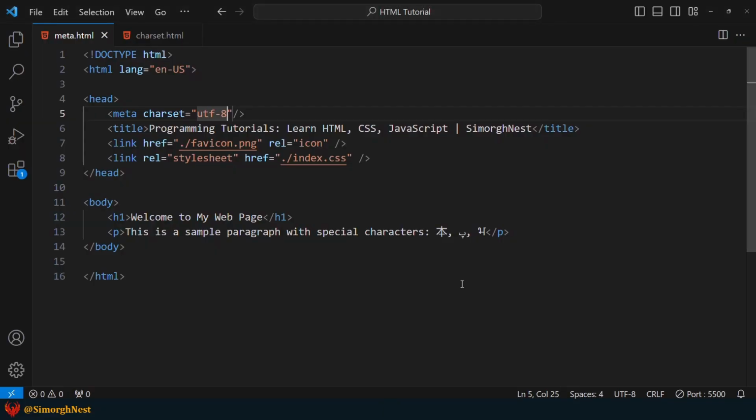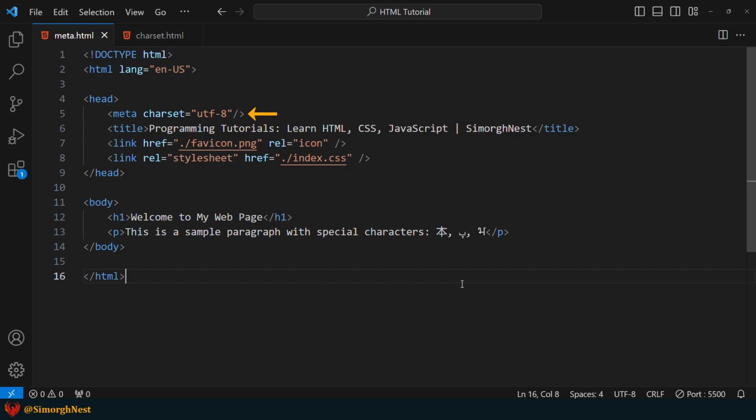You should know that, by default, HTML5 uses UTF-8 for character encoding. This means that, when we include the HTML5 doctype at the top of our HTML file, it automatically uses UTF-8. However, it's a good practice to add the charset meta tag in our HTML document. This is important because using the wrong encoding can cause characters to display incorrectly. For example, setting the charset to UTF-8 ensures that all characters are displayed correctly regardless of the language used.